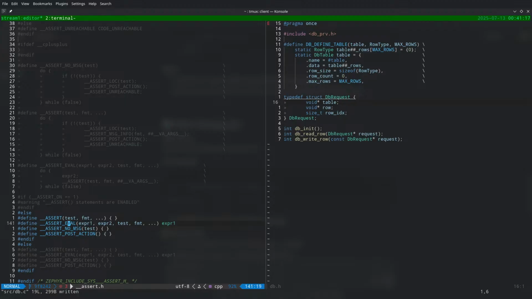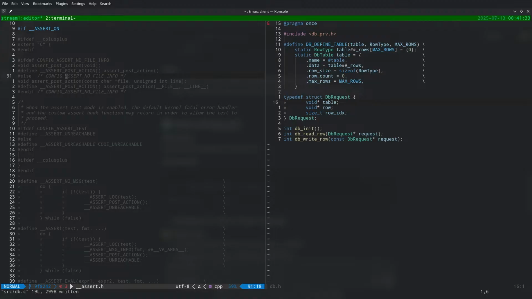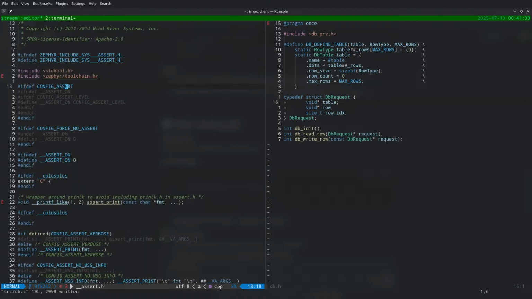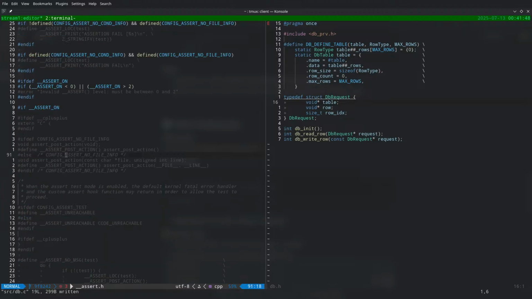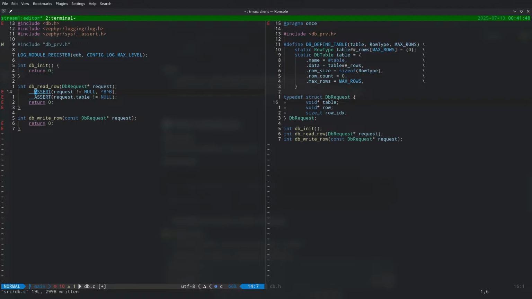And then the assert eval, that is a different thing. That might not be. DT this, that means